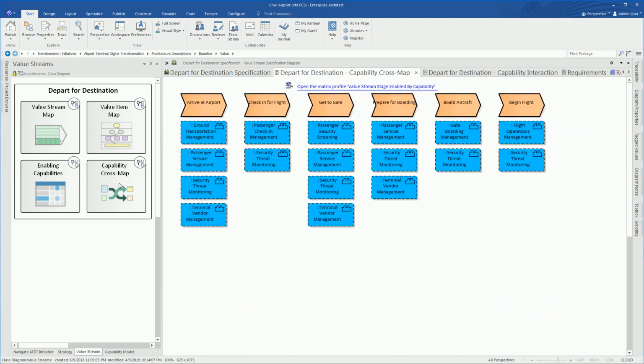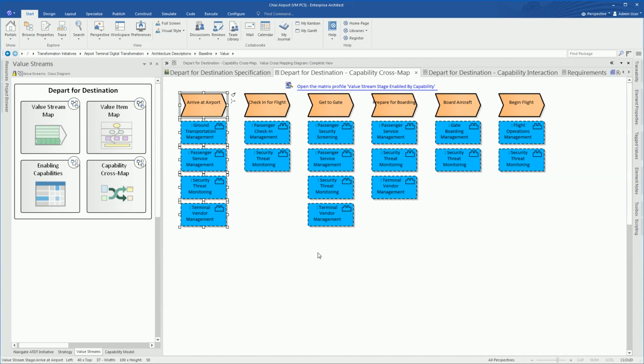So what we're trying to represent here is the individual capabilities that are in place to enable each of the value stream stages. And the representation that I'm showing here is a common one that's described in the BizBoK guide, where we list the value stream stages at the top, thinking about them as the headers of swim lanes, and position each of the capabilities underneath them that are supporting that value stream stage, with